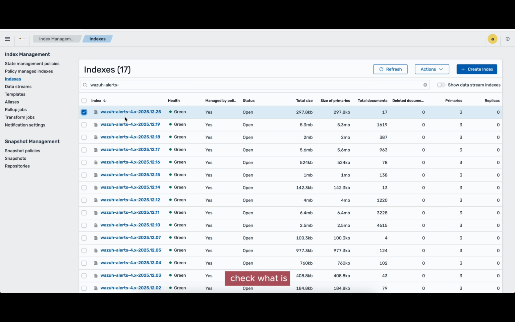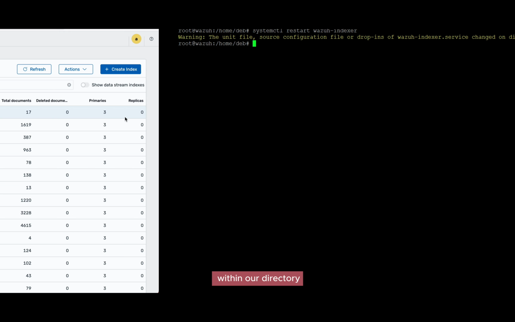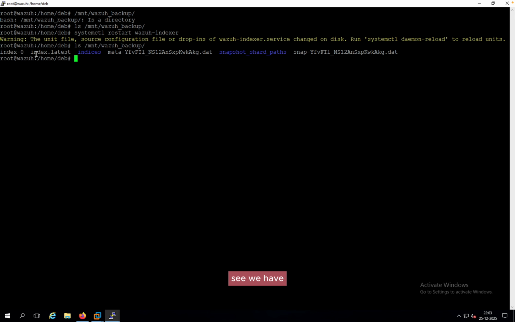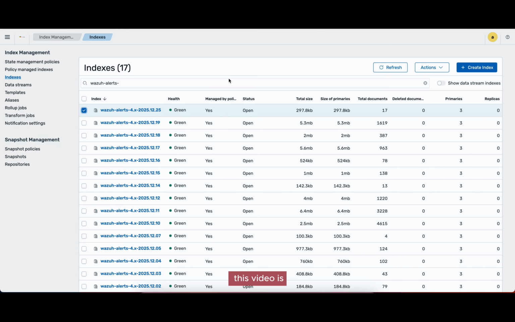and I'll check what is within our directory. So we are now in our Wazuh server. Let's give the last command which we used, the ls command. See, we have index, some kind of files, some kind of .dat file within our directory. So I think this video is helpful for you, how you can take a backup, how you can restore the